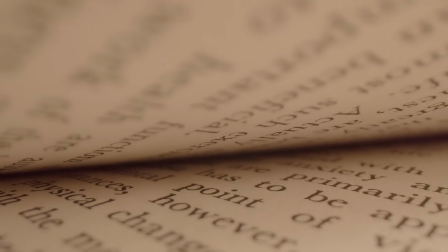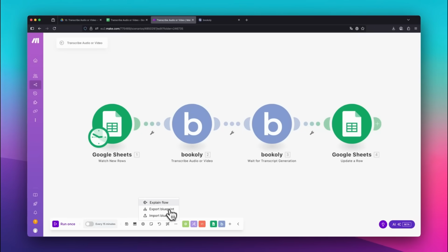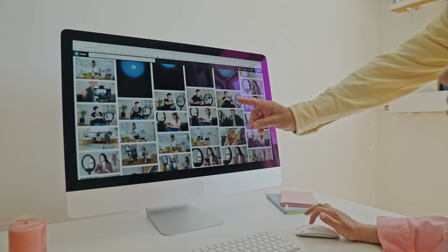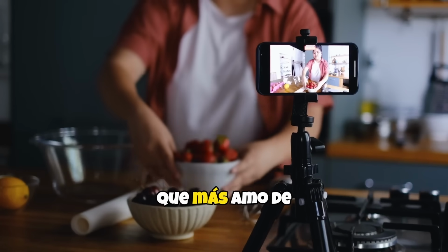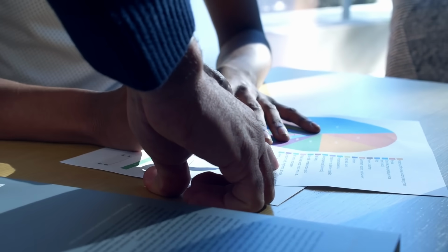Want to transcribe audio or video automatically, including timestamps, and even translate it into another language? In this video, I'll show you how to do exactly that using bookoly.com's transcribe audio or video feature inside make.com. This is great for repurposing content, adding captions in different languages, analyzing spoken content, or simply turning speech into usable